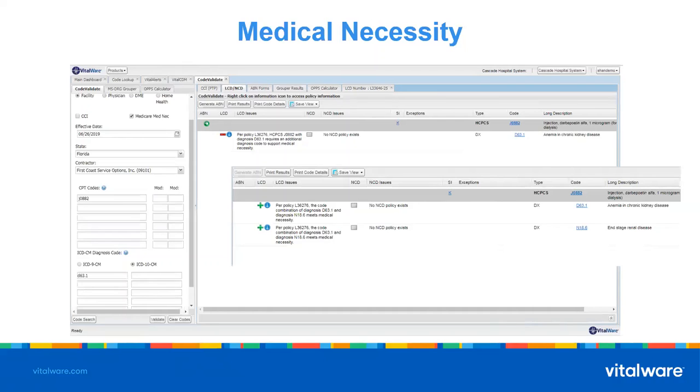ABNs, garnering ABNs from patients, especially in regard to some of the pharmaceutical information. We're seeing more and more very complicated medical necessity policies being written to dictate diagnosis code usage in regard to a specific drug. In this particular case, you can see based off of the LCD issue column there, this particular drug, when you're billing that, actually has a requirement for 2 diagnosis codes to be billed to meet medical necessity